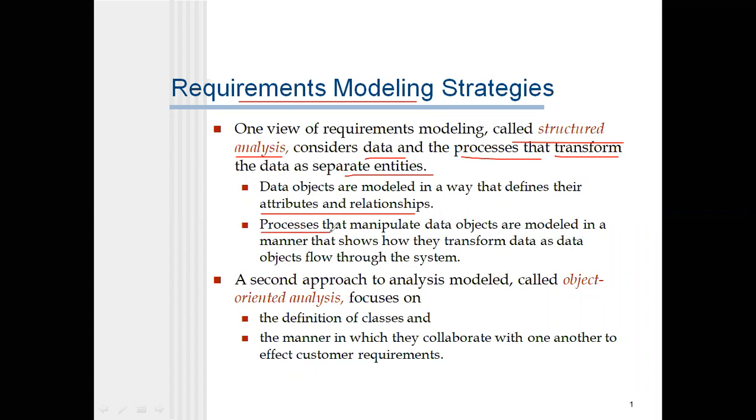processes. Here, how the data object or data variable is related to one another. For example, if you want to calculate the area of a rectangle, what do you need? Length into breadth, isn't it? Here length and breadth are both attributes or variables.